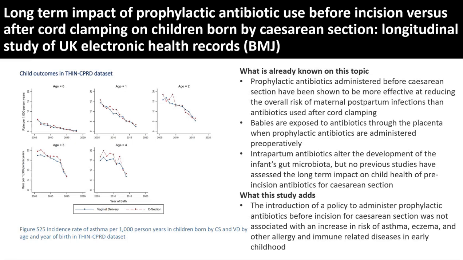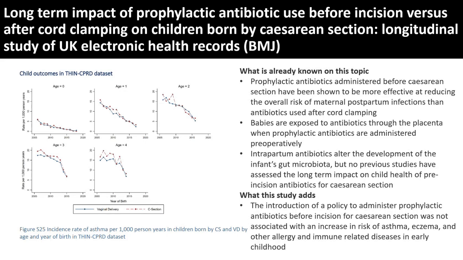But that means obviously the antibiotic will cross and get into the baby. So people were worried it would alter their gut microbiota and thereby predispose them to future allergic disorders. What we were able to show, I won't go into the detail again, is that